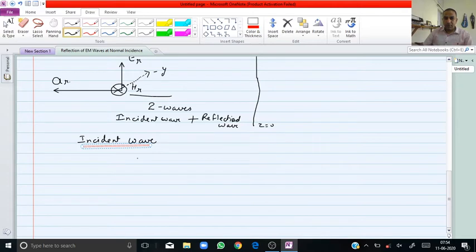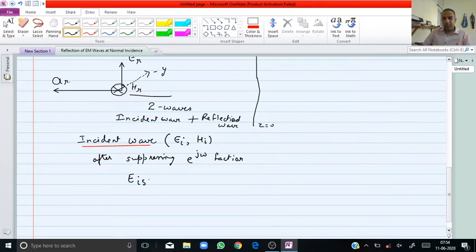So we have assumed that the incident wave is denoted by EI and HI, and after suppressing the e raised to power j omega t factor, we will get only EIS, which is a function of Z. That is, only the phasor part will be contained in this case, and assume that it has maximum amplitude denoted by EI naught e raised to power minus gamma 1 Z